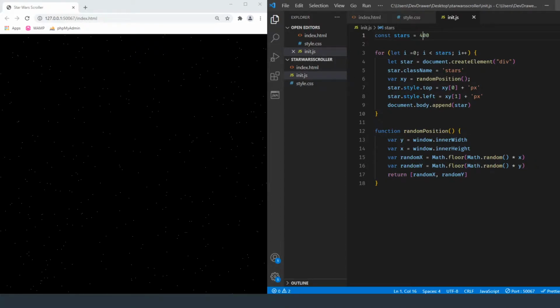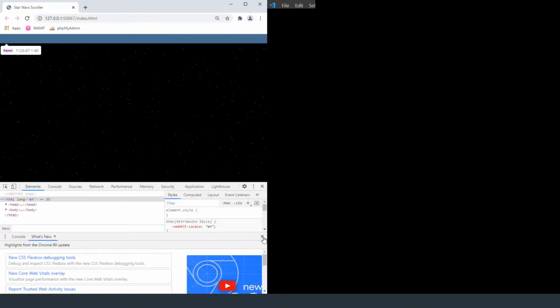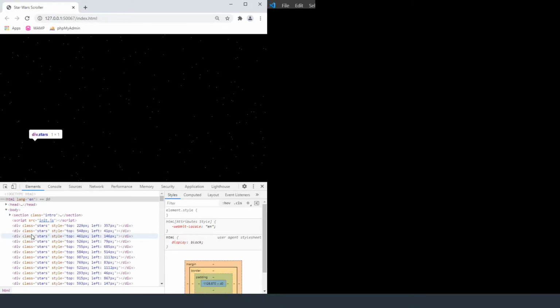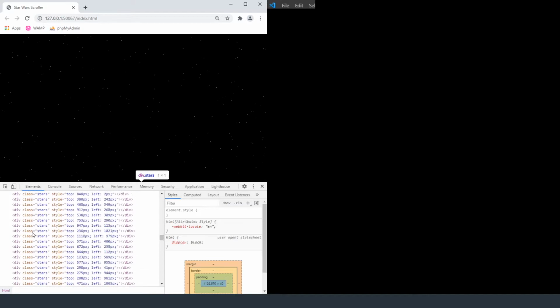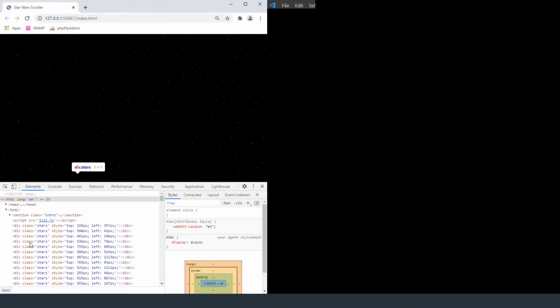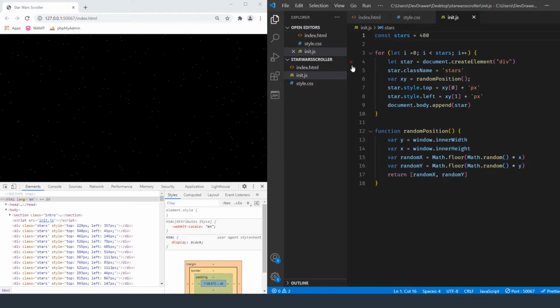One thing to keep in mind is that if you're using this, it's generating divs. So I'm going to inspect that and show you what I'm talking about. If we look at the code that's currently being created, it's going to have 400 of these. So depending on processing speed and a bunch of various things, if you have a slow website, then this could definitely contribute. I mean, it's only a pixel being powered by JavaScript and CSS, so it's not really going to do too much. It's not like a canvas element where it's going to actually break things if it gets too much processing in there.